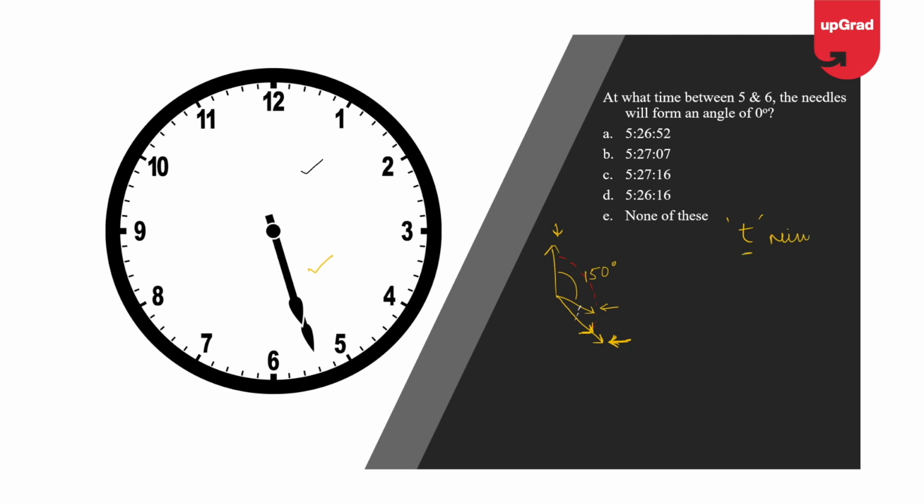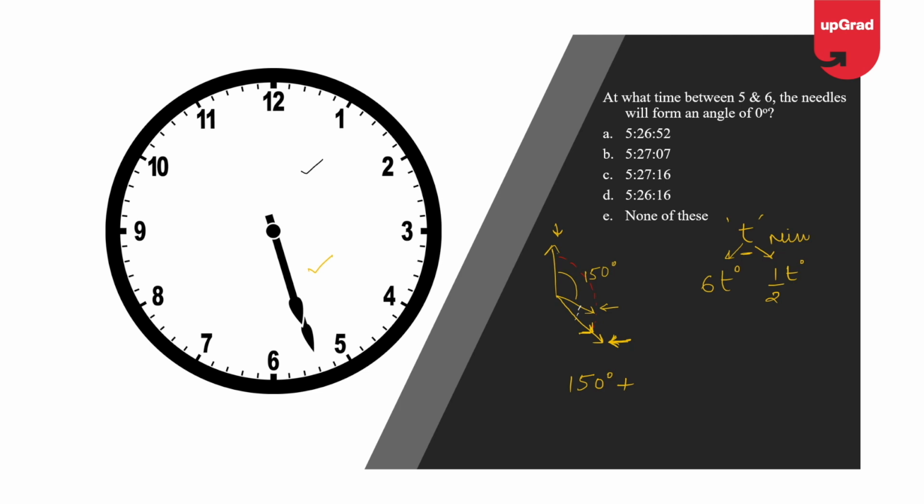In t minutes, minute hand will travel 6t degrees. Why? Because every minute it travels 6 degrees. Whereas in the same time, in t minutes, my hour hand will travel half t degrees, because the speed of hour hand is half a degree per minute. Now let's establish a quick relationship between these variables and the constants that I know. My minute hand travels 150 degrees